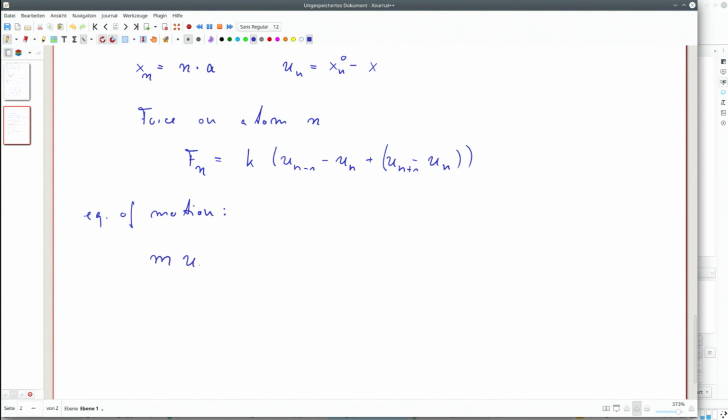Mass times acceleration for this atom n equals this force here. I have minus K, 2 un here minus